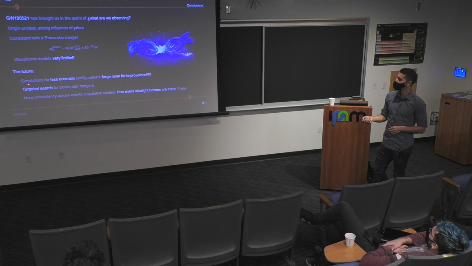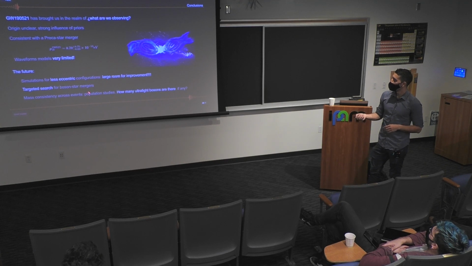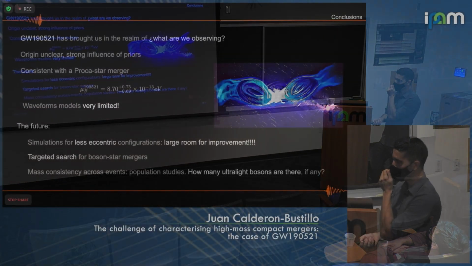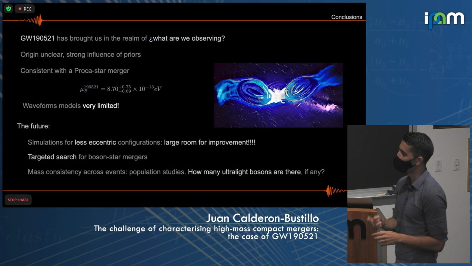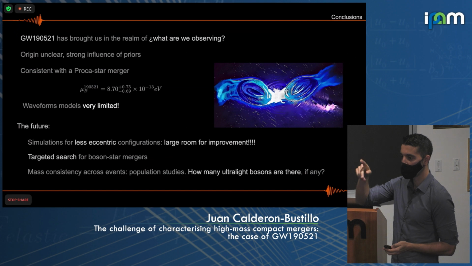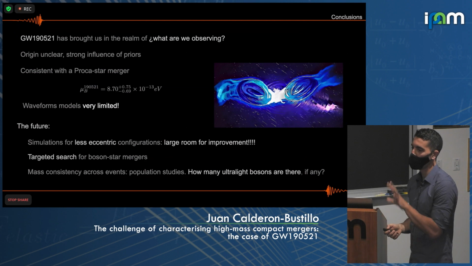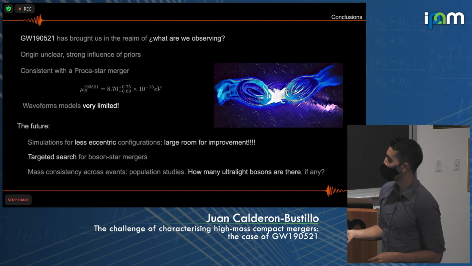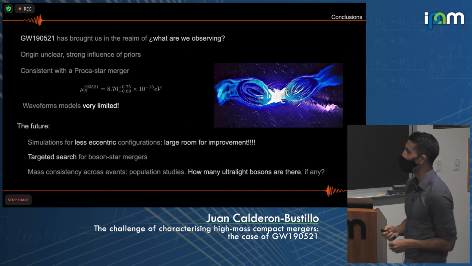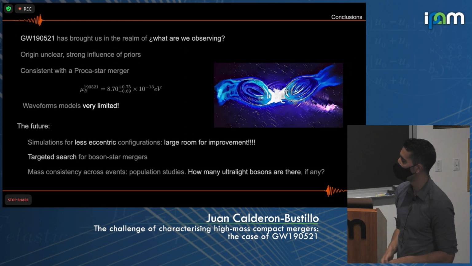In particular, we want to perform simulations for less eccentric configurations that are not only more realistic, but will also be intrinsically louder. So you can place those further away, and then your analysis will like them more. And when you have less eccentric configurations, you will also have a more highly spinning transient hypermassive star. And as I said, this hypermassive star will emit these characteristic pulses. And if you see those, then you can conclude more confidently that you may be witnessing a Proca star. Of course, if you want to find those, you otherwise need to rely on unmodeled searches, which are not optimal once you know the template for the signal.